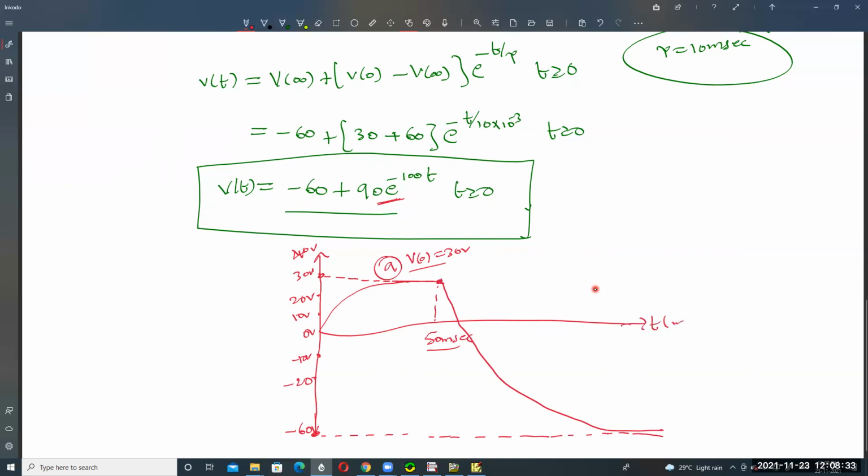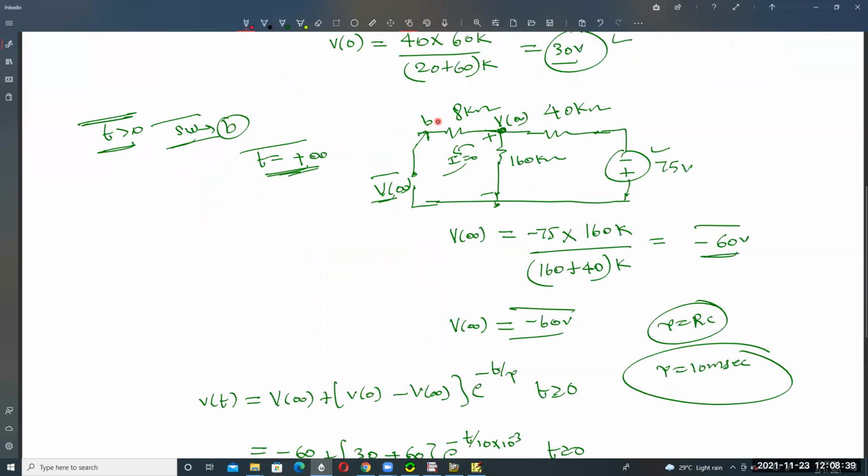Time is in milliseconds. This can be executed in PSpice. A single pole double throw switch is not available, so this can be split into two circuits by using single pole single throw switches only. So the circuit is connected like this now. Understood?